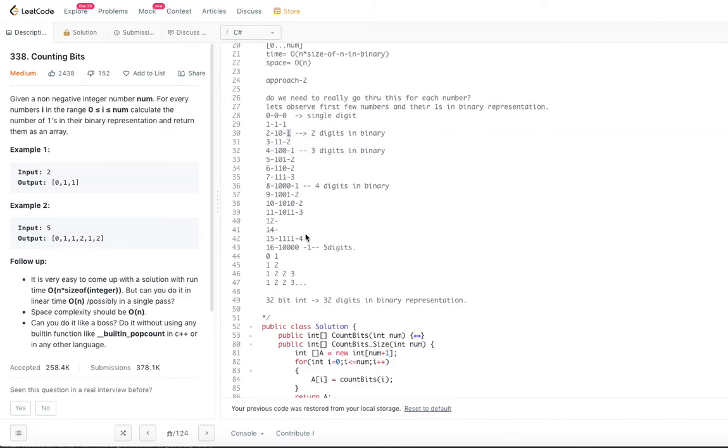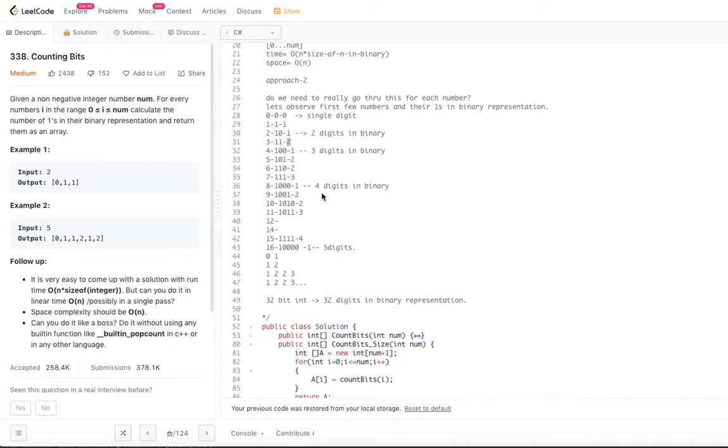Let's see if the same logic applies for other even numbers. 10 by 2 is 5, and 5 has 2 ones. For 6 by 2 is 3, and 6 has 2, and 3 has 2. So for even numbers, the logic is satisfied.